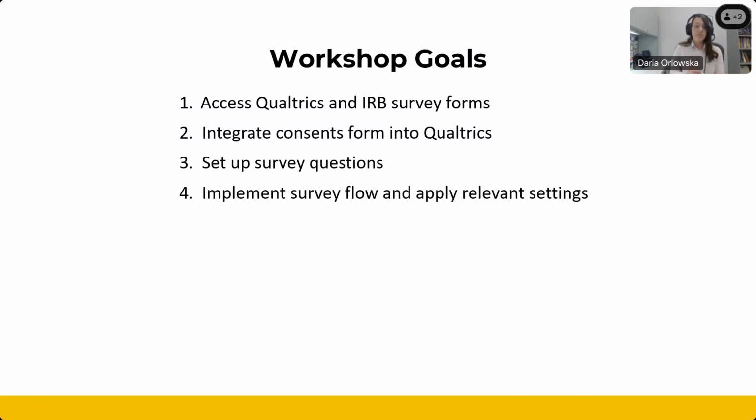You will also learn how to make sure that all the relevant settings are applied, so that if you say your survey is anonymized, it will continue to be anonymous and you're not collecting any additional information on the participants. You will also learn how to obtain the survey link and locate the results, as well as find out what exactly you should be submitting to the IRB through Cayuse in order to receive approval.